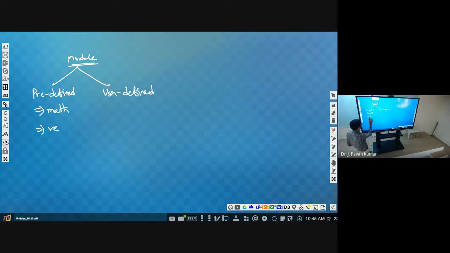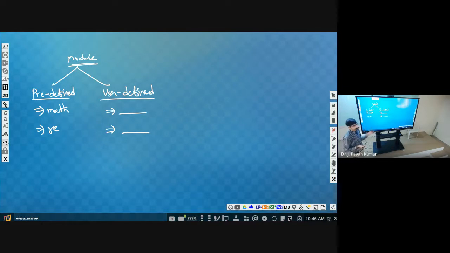Like this, we have so many other modules as well. Predefined, or we can say built-in modules. Next, user defined means we can define our own .py files. Those can be user defined modules. Usage is the same. Import, then only the module name we have to give, then we can make use of this.